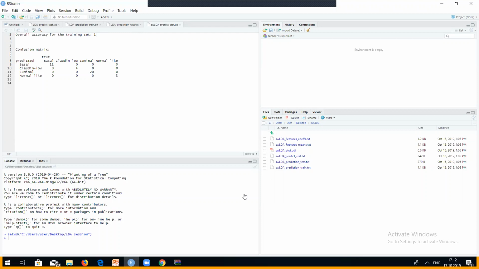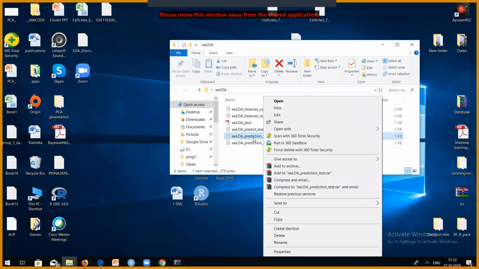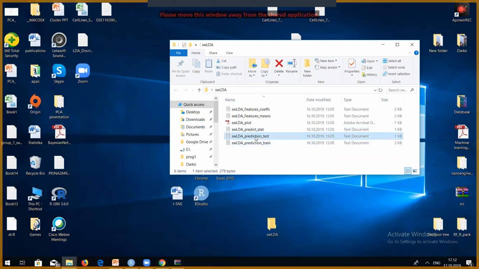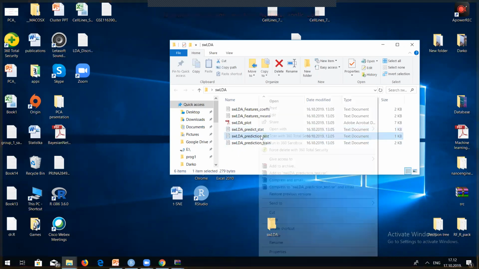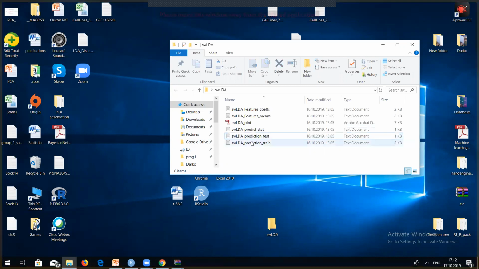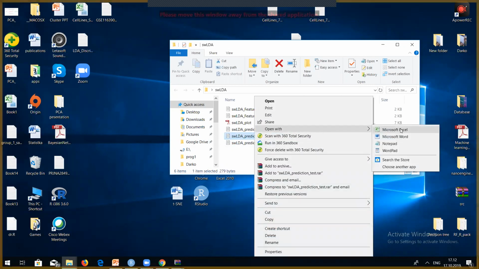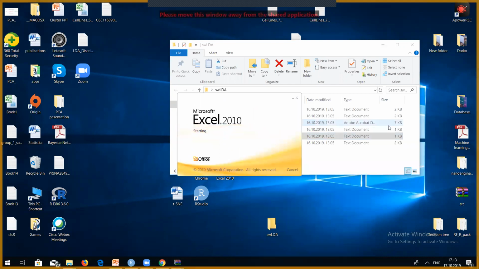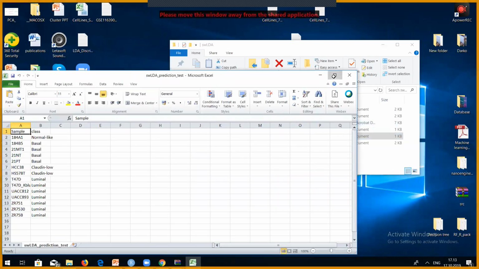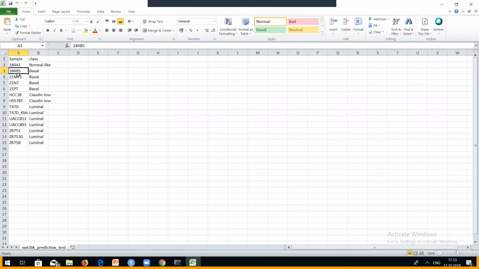So let's open some files. I don't know, some of you are using Excel. For example, let's open this one in Excel. So this is prediction for the test file, which has different samples, right? But they're unlabeled, and let's see how our trained model classified. So let's open this in Excel. Take a look at that. Each one of those samples, sorry, is also assigned a class. But we know that our trained model was